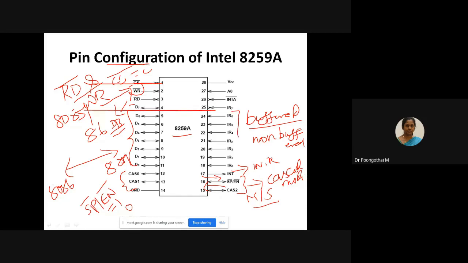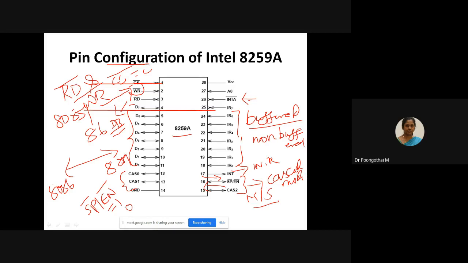And also we have 8 interrupt requests. The chip can accept 8 interrupt requests simultaneously, that is IR0 to IR7. This interrupt request is acknowledged by the interrupt acknowledge signal. This pin is used to enable the 8259 interrupt vector data on the data bus by a sequence of interrupt acknowledge pulses issued by the CPU. So whenever it sends the interrupt request to the 8051, 8086 or 8085 processor, that will be acknowledged by the interrupt acknowledge signal.